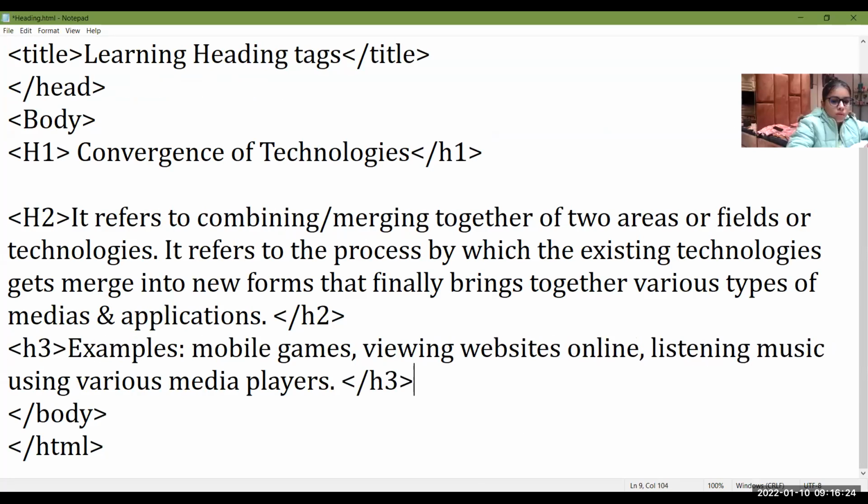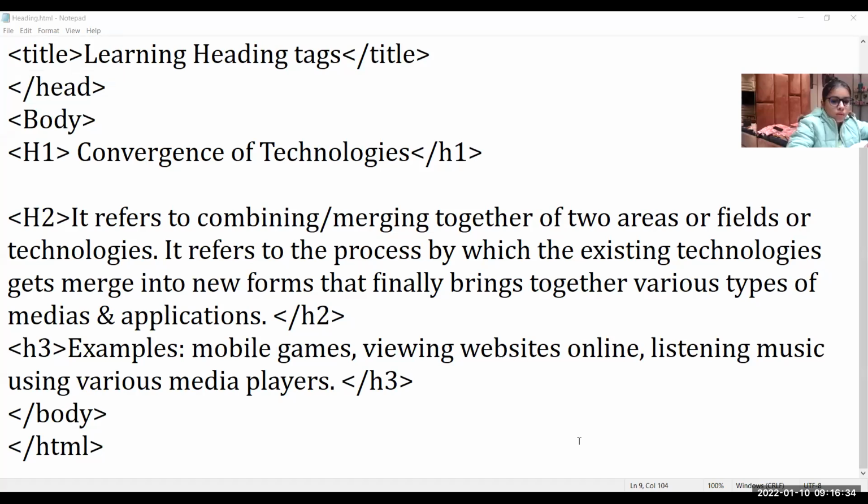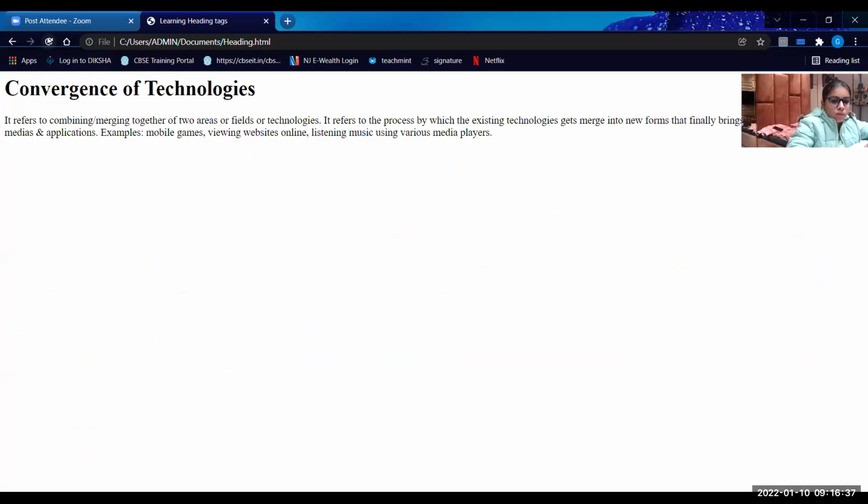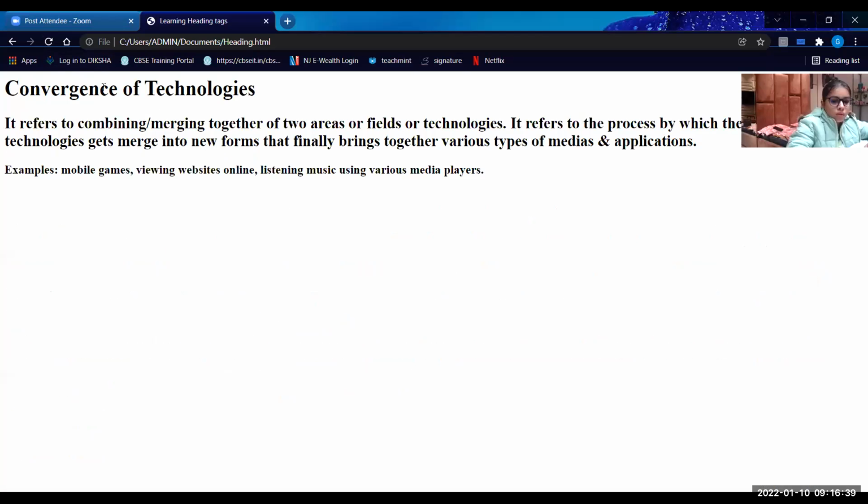It will automatically insert blank lines also. Save it. Now Alt plus Tab to switch between the notepad window and the browser window. Now refresh it. Now you can see this is heading level 1. This is heading level 2. This is heading level 3. Now there is a line also in between.